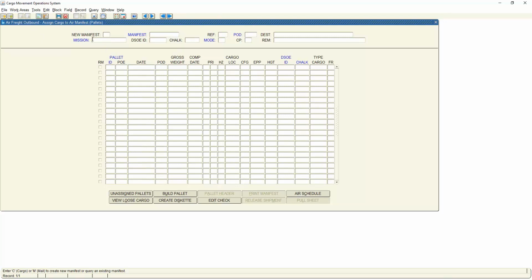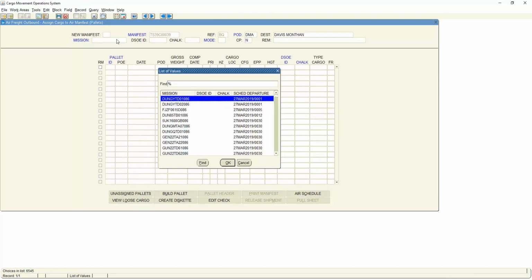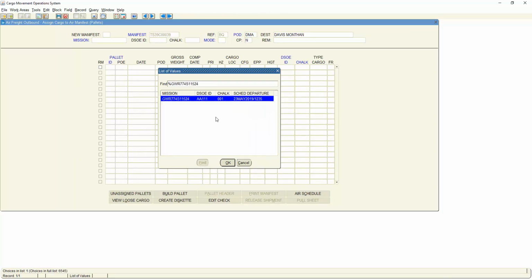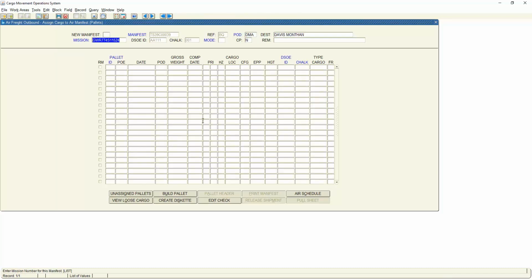When creating your air manifest, in the first block on the new manifest, you'll enter C for cargo, M for mail. You put in C. Once you hit Tab, it'll assign you your manifest number. You put in your POD. You double click in here for mission. You'll select the mission number that you created. Your move mode,